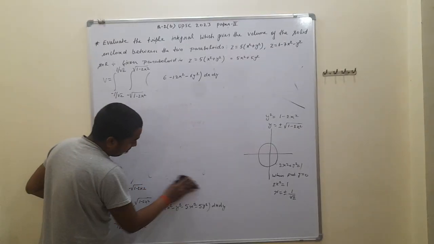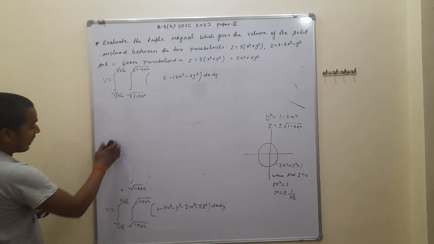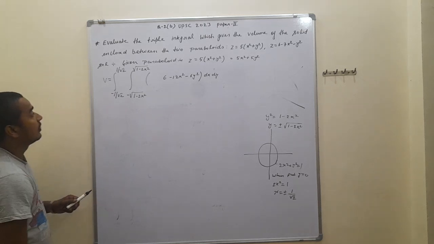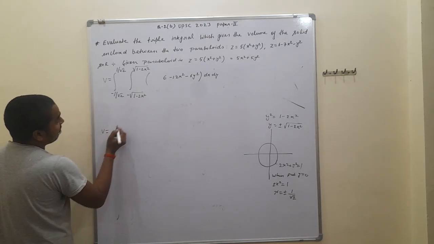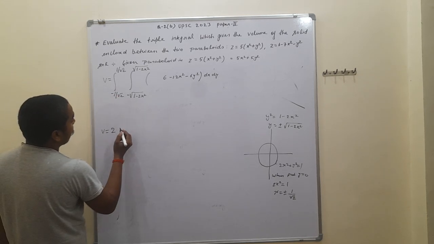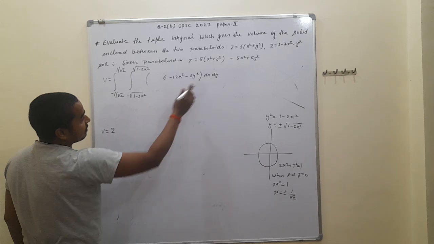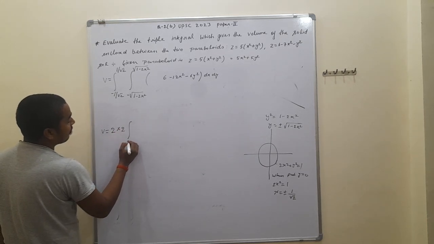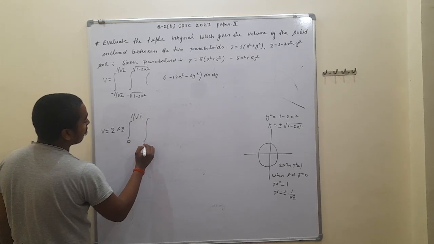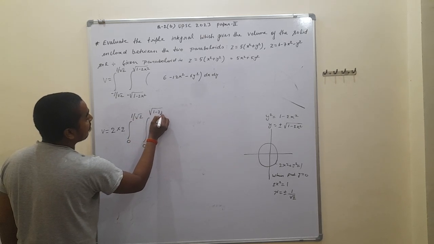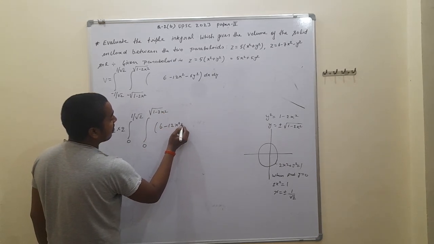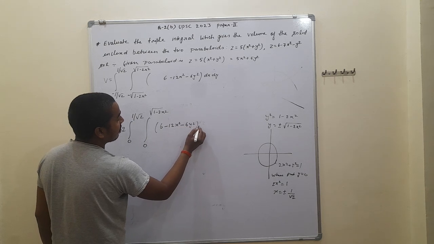Further we have to solve, we have to change the limit of x and y into half of the limit. When changing the limit of x and y to half of the limit, that is 2 times for x and 2 times for y, that is 2 into 2, 0 to 1 upon root 2 and 0 to 1 minus 2x square. This is 6 minus 12x square and minus of 6y square dx dy.